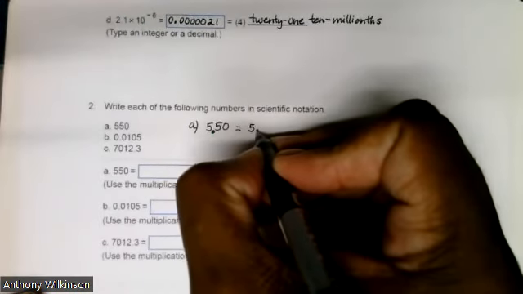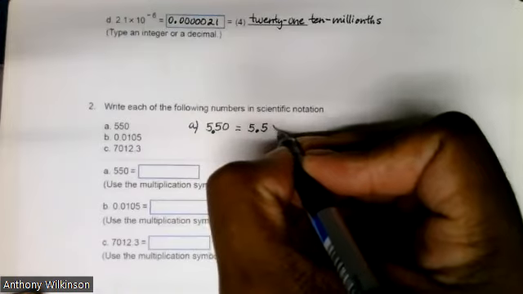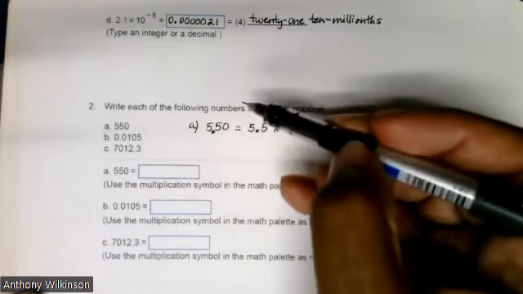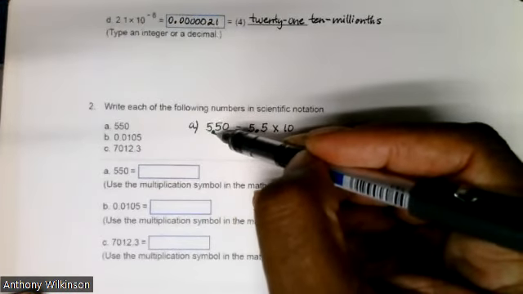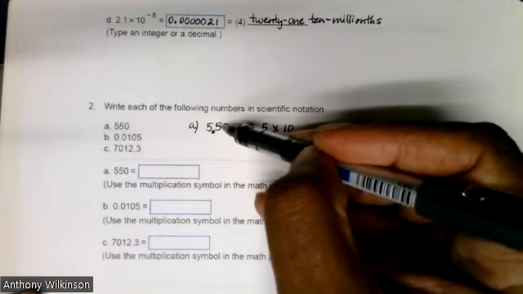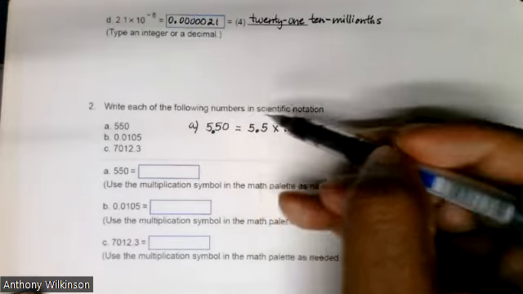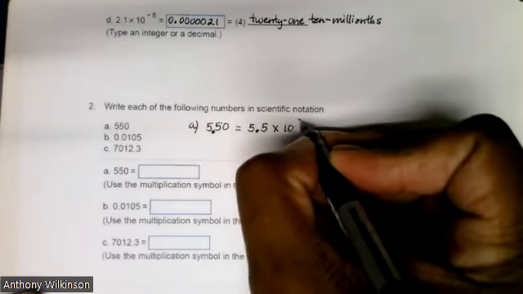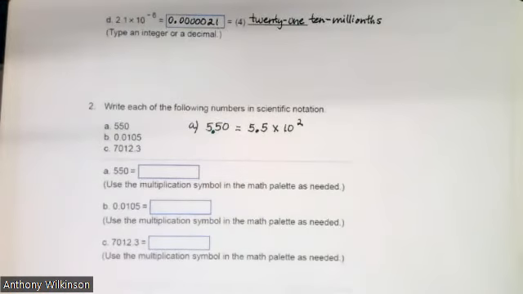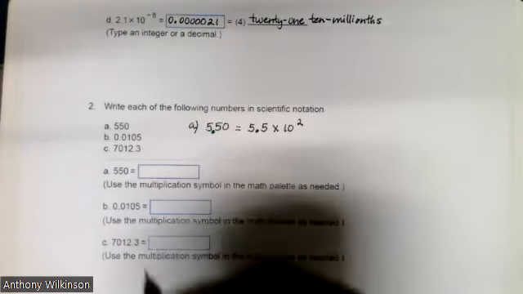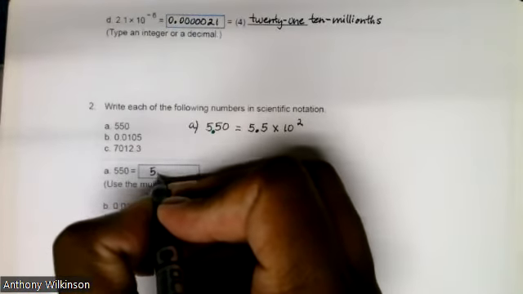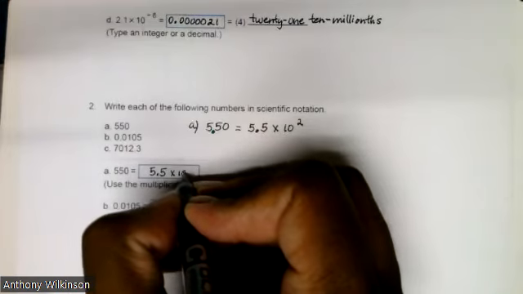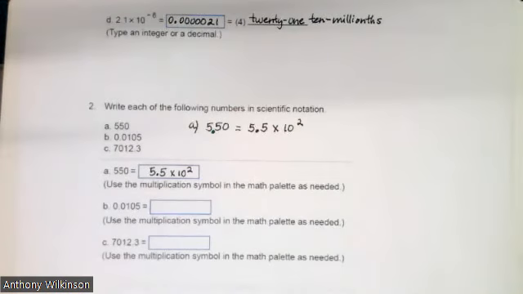So this will be 5.5. Then that's going to be multiplied by 10. And if I put the decimal point behind the first 5, I need to count how many digits are behind it. That would tell me what the exponent for 10 would be. There are 2 numbers behind it, so it would be 10 to the second. So 550 in scientific notation would be 5.5 times 10 to the second. Okay. All right, part B,